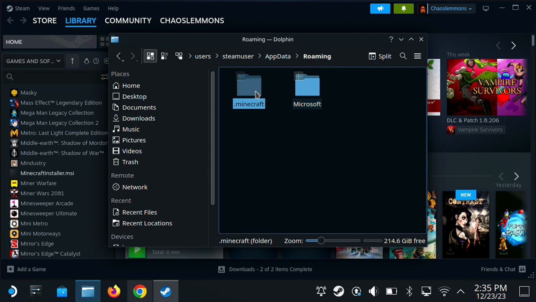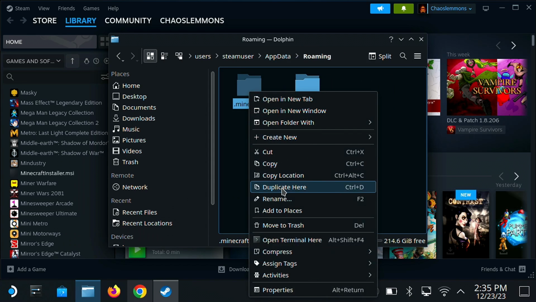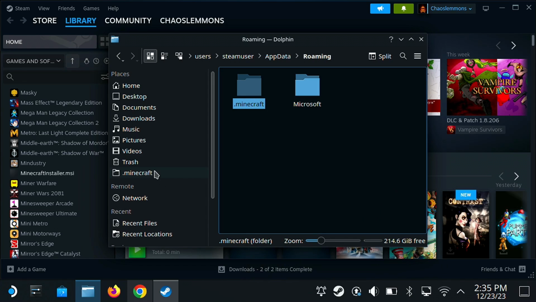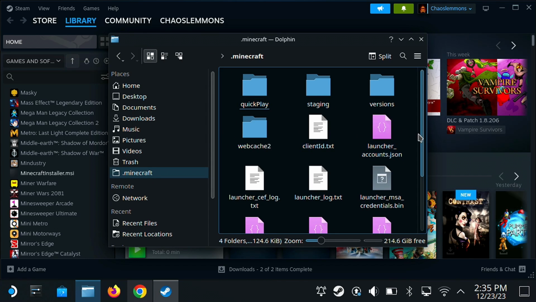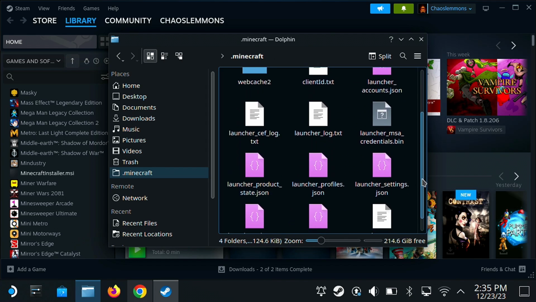Let's go back and click on this one here, and then I would add to places. That just makes it easier to navigate to, if you want to access your saves or change other information about it. So go into the .minecraft here, and then we're going to find